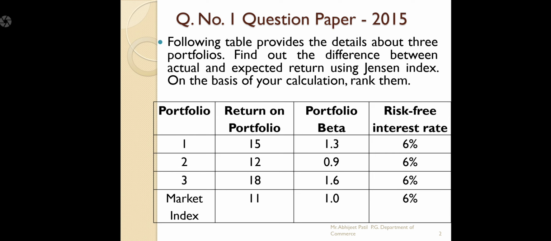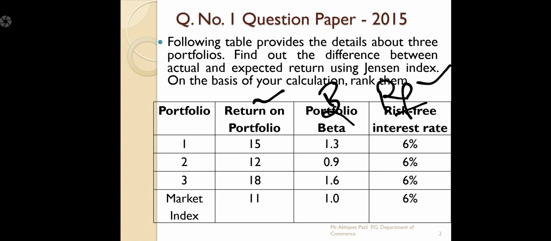So the return on portfolio is given, then portfolio beta is given, then the risk-free interest rate is given. The question is based upon portfolio evaluation, that is Jensen's index. Jensen's index is the difference between actual and expected returns. So in the problem they have given return on portfolio, portfolio beta and risk-free assets. Return on portfolio means actual return is given, beta is given, then the risk-free rate of interest,